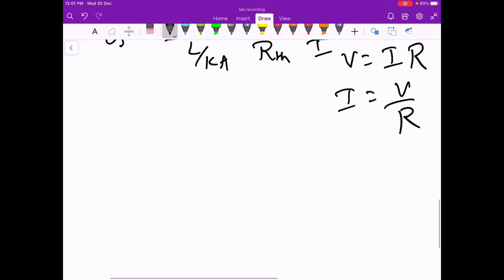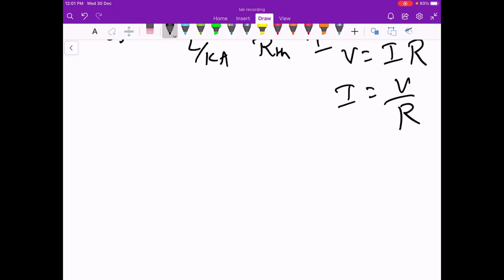This you have already studied. Now what is K? K is the thermal conductivity of the material. What is the unit of K? The unit of K is watt per meter degree centigrade, or watt per meter Kelvin. Are you able to understand? So this is all the theory part. I hope this is enough.